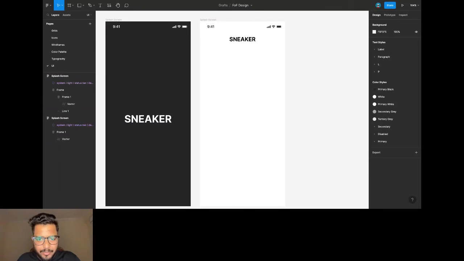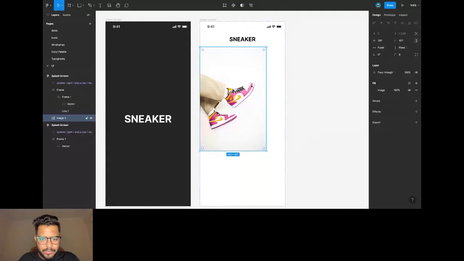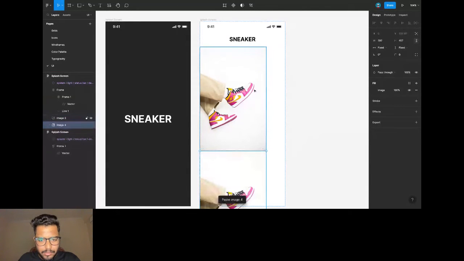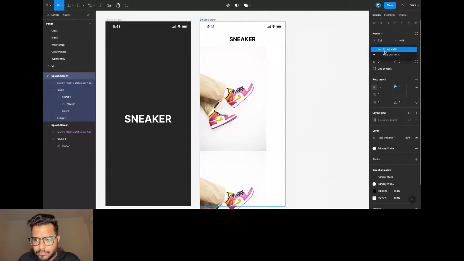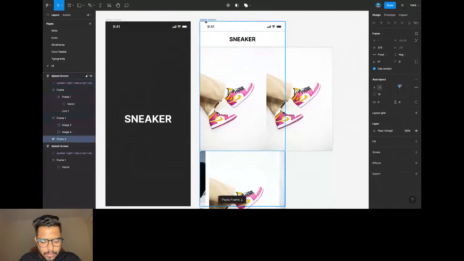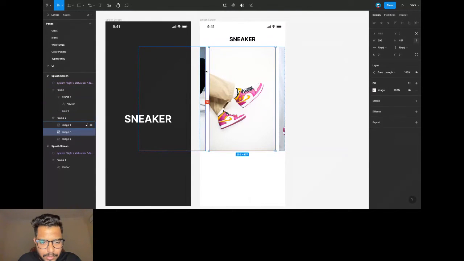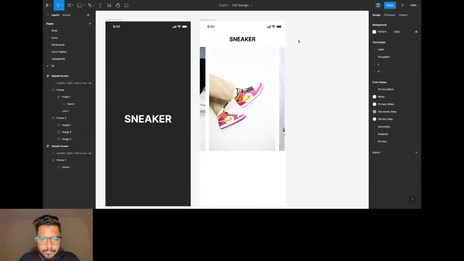Also, you can find the images as well. Yeah, so we can use these. These will be in the drive link that you downloaded. So we will create an auto layout over here. Just make it fixed. Yeah, something like this. Then